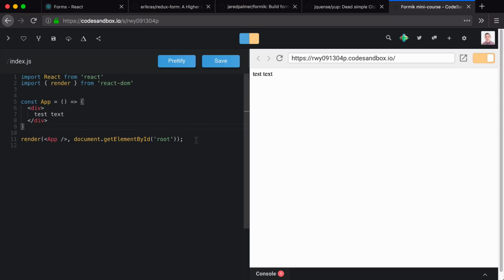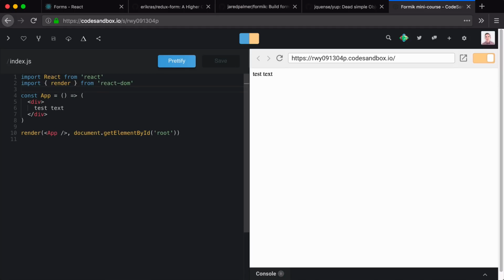I've been doing that lately, and I have been enjoying that a bit more than typing those semicolons in, which don't serve a purpose in most cases. So there we have it. We have our starter project, and we're going to go ahead and actually go through the process of making a